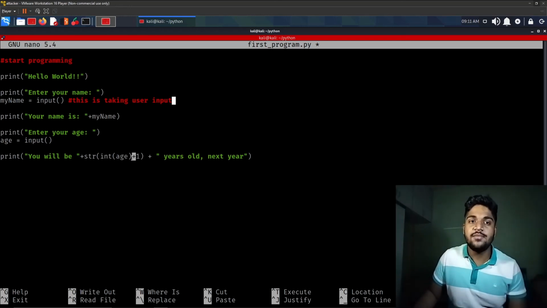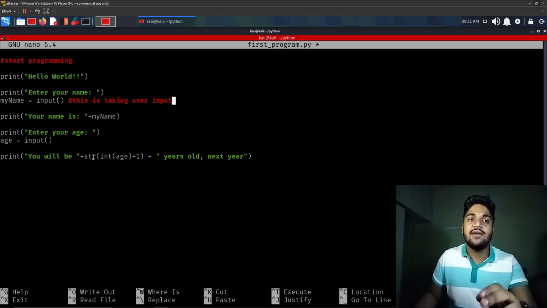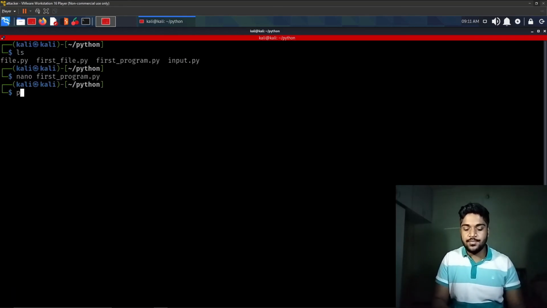Let's say I'm adding +1 here, and this will add one to my integer, and then I want to print it in a string, so I can again convert it into a string, and this whole value will be converted into a string, and that will be used as a function. So let me just show you how we can run it.